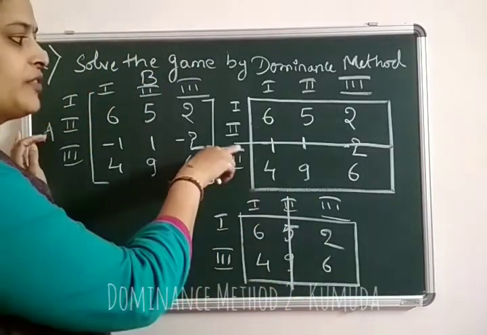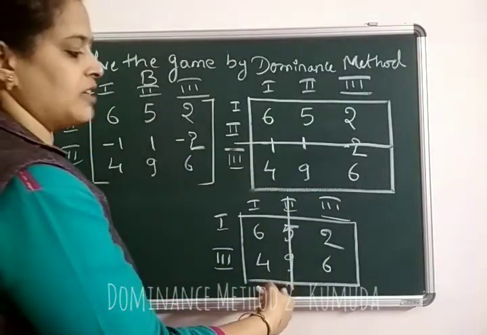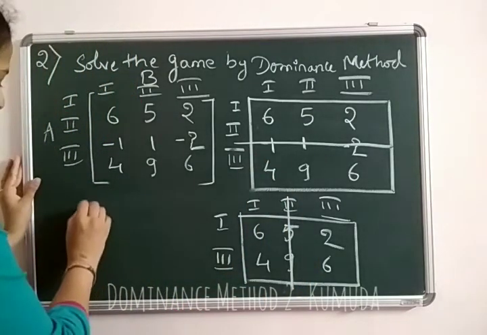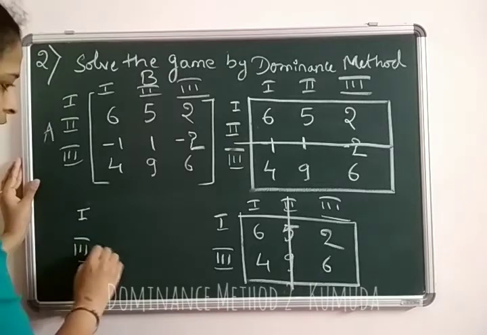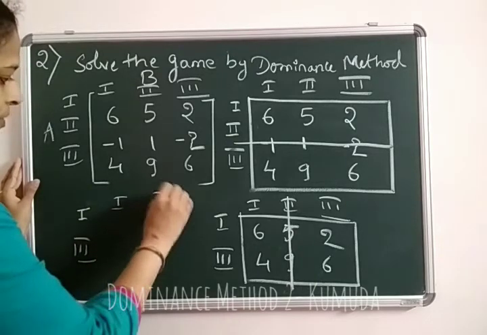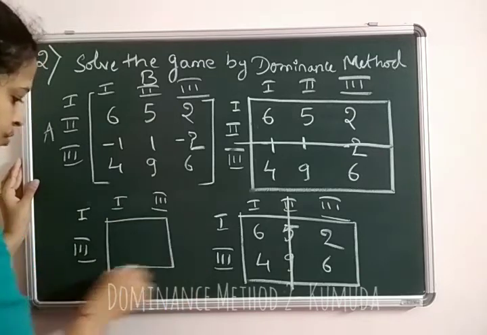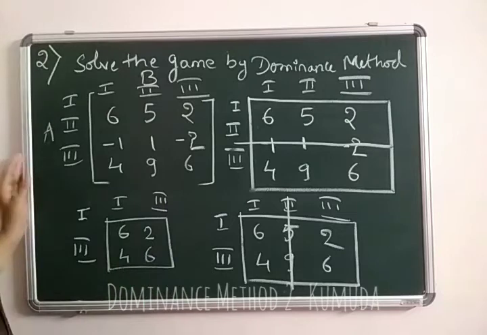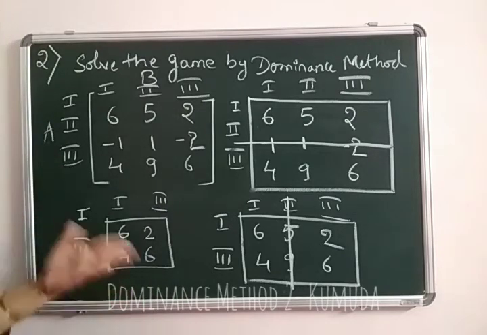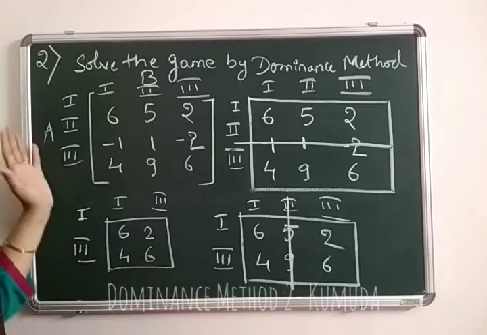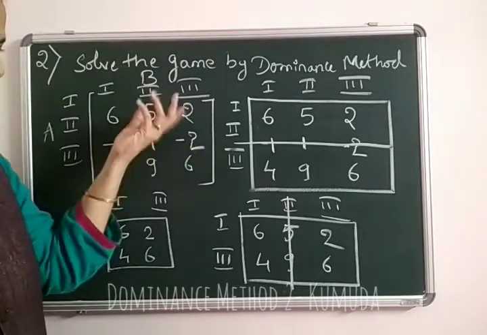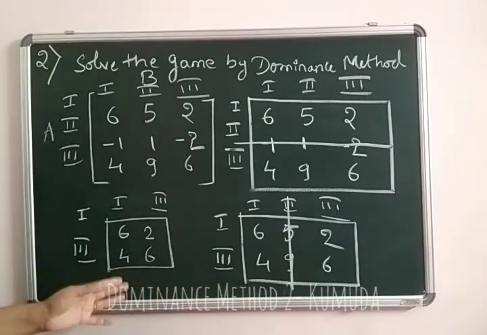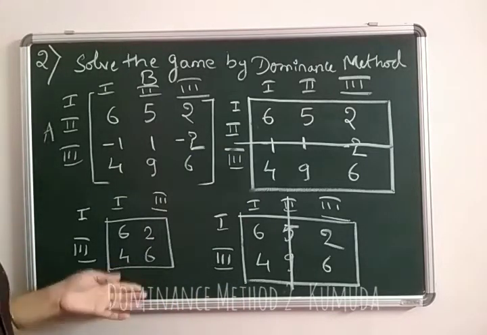So in this case, we have the second row getting cancelled, and in this case, we have the second column getting cancelled. So the remaining matrix will have the first and third row here, and the first and the last column remaining, and the 2x2 remaining matrix will be 6, 2 and 4, 6. As usual, we try to find the saddle point. If not, we apply the odds method. So after the question, we found the saddle point, it was not there. Then we did row dominance and we did column dominance. We have the reduced matrix as a 2x2 matrix now.